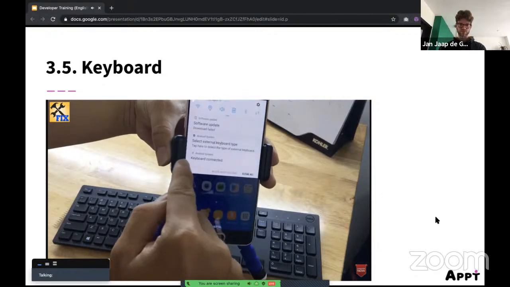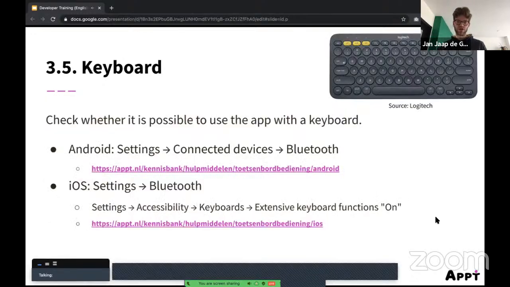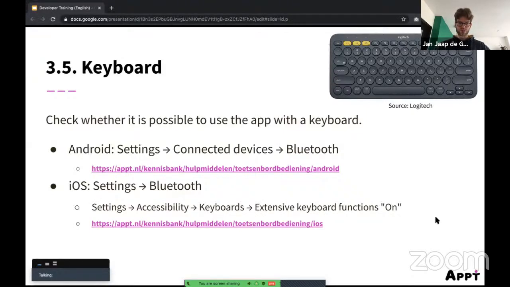That one goes on for a little bit longer. There are a lot of shortcuts available to use your device with, for example, to go back and to go to the next app and to search and those kinds of shortcuts. So if you want to comply with the new requirements for apps, you need to make sure that you can completely use all functionality of the app. So everything should be able to be controlled by using an external keyboard.